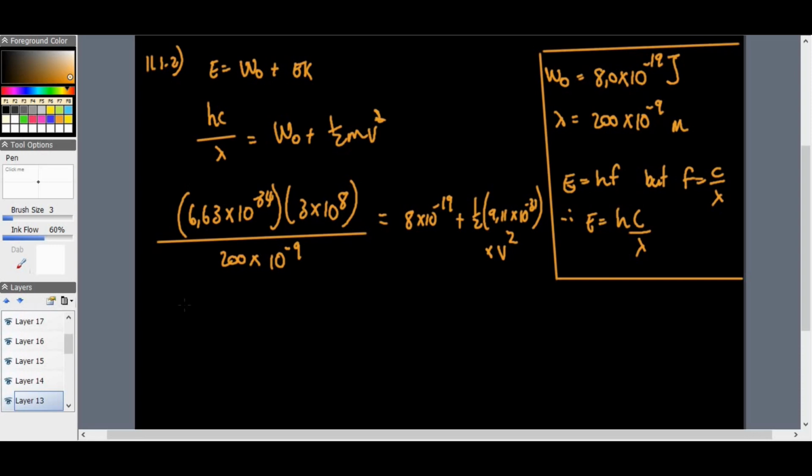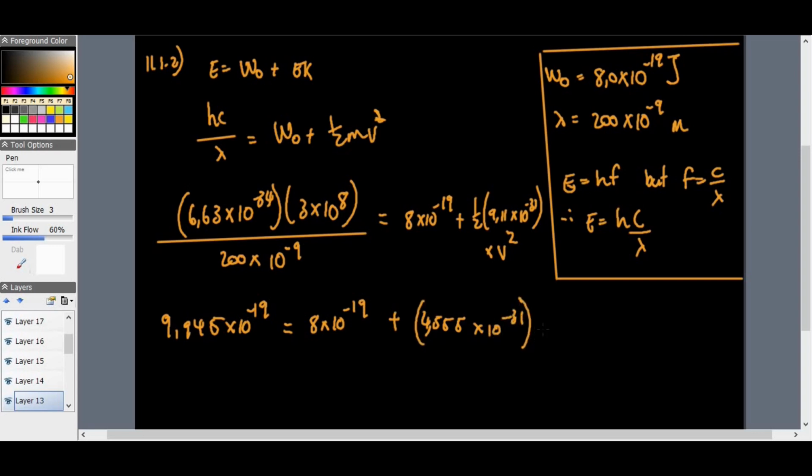So we should end up on the left hand side with 9,945 times 10 to the negative 19. Alright, and that should equal everything over here, so that's 8 times 10 to the negative 19 plus what is half of 9,11? So let's take half. 9,11 times 10 to the power of negative 31, and we'll get plus 4,555 times 10 to the negative 31